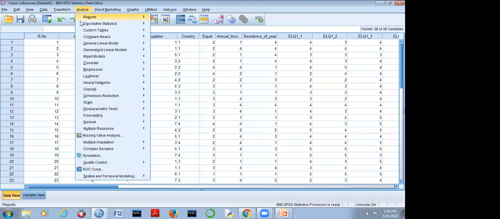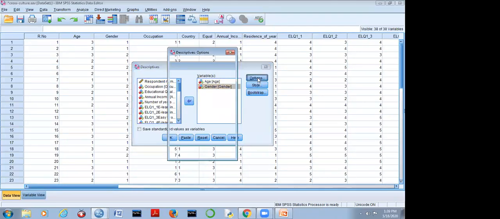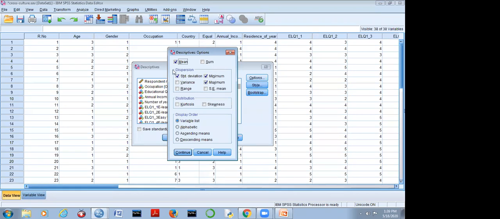तो मैं एनालिसिस में जाऊंगी, डिस्क्रिप्टिव स्टैटिस्टिक्स में जाऊंगी, ठीक है, और यहां से मैं एज ले लेती हूँ, जेंडर भी ले लेती हूँ, ऑप्शन में जाती हूँ, और ऑप्शन में यहाँ पे बहुत कुछ निकल आएगा, मिनिमम, मैक्सिमम वैल्यू, रेंज, मीन एवरेज और स्टैंडर्ड डिविएशन भी। तो मैं आपको ज्यादा कंफ्यूज ना करूं, मैं ये सब हटा देती हूँ, खाली मीन वैल्यू निकालूंगी, ठीक है। क्योंकि मीन मीन्स समेशन ऑफ द